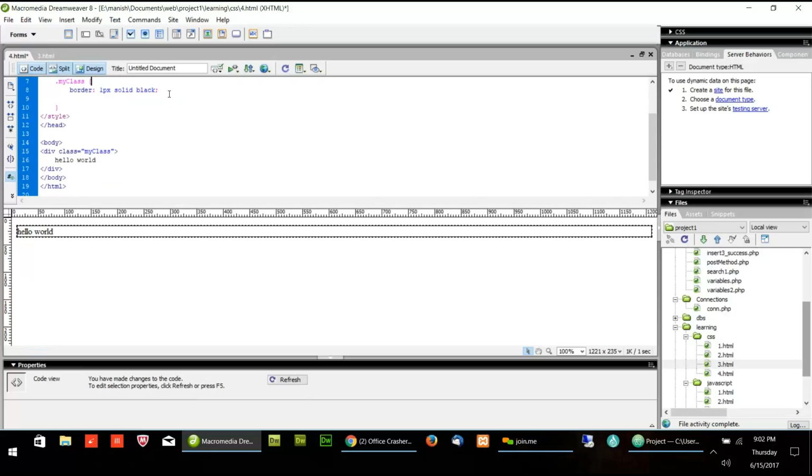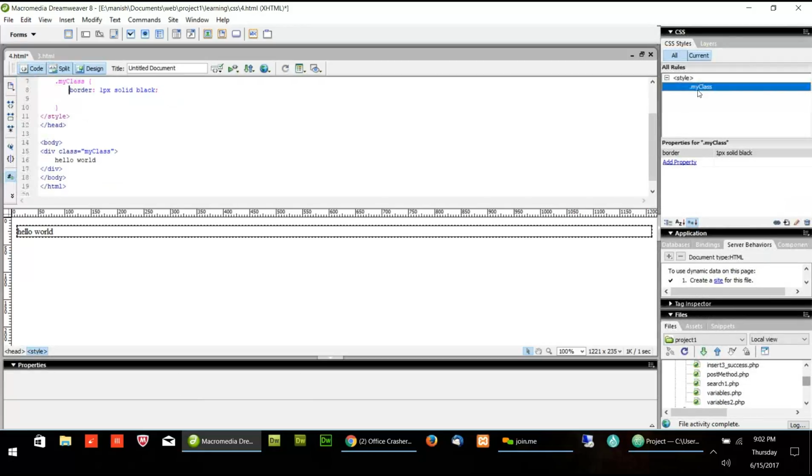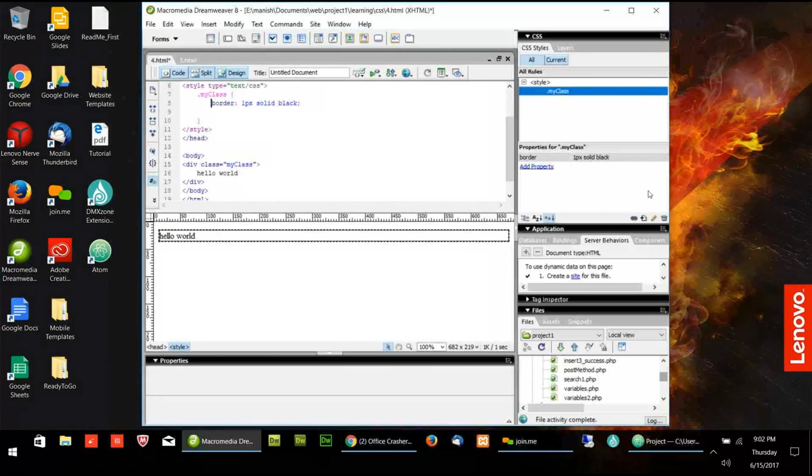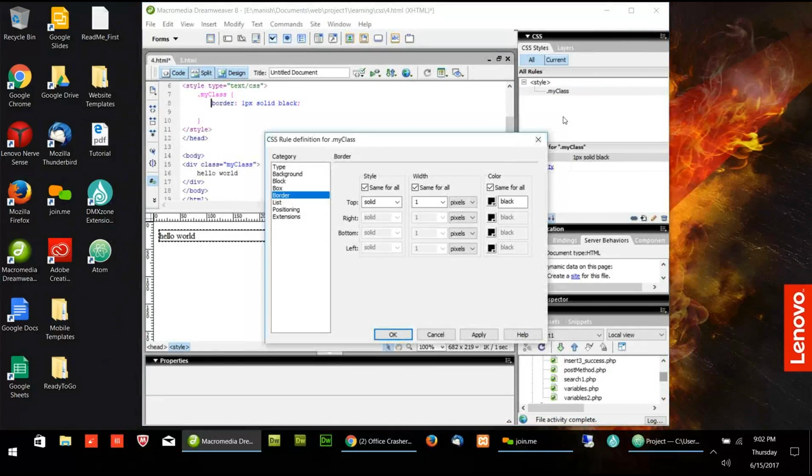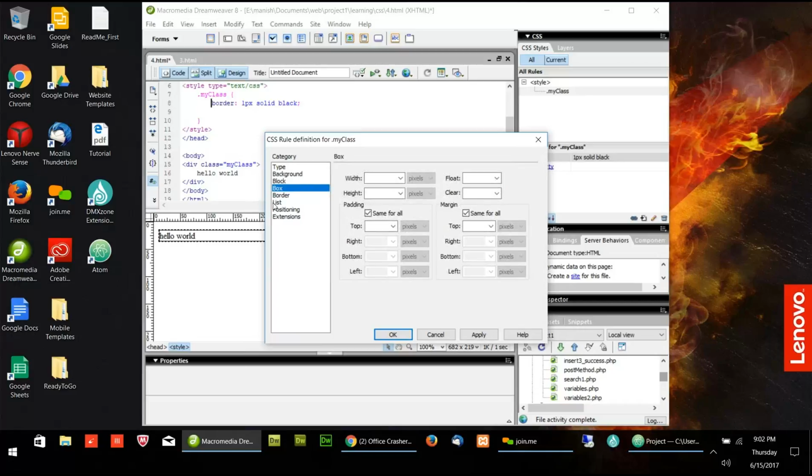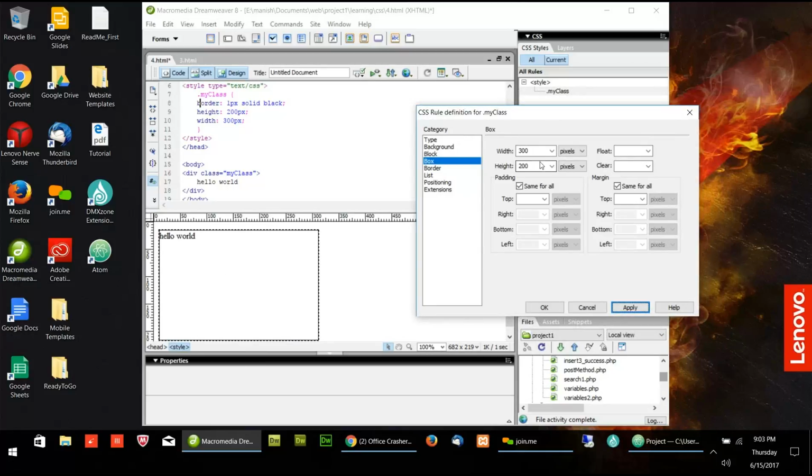Let's open the CSS panel, and then we'll give the width and height. Okay, let's give the width of 300 pixel and height of 200 pixel. So my div tag is like this, and now I can give the padding and margin, which we started yesterday,